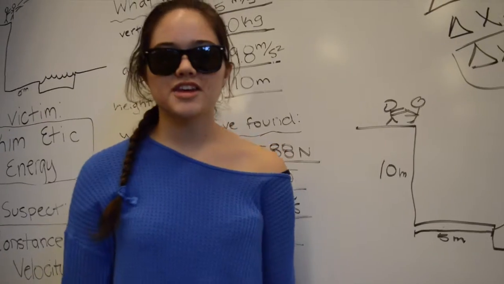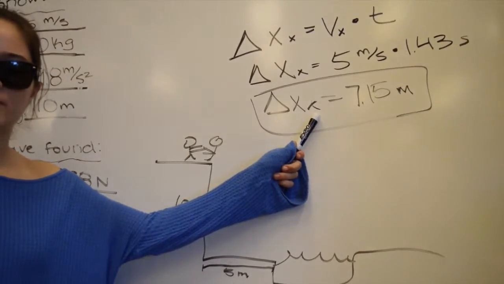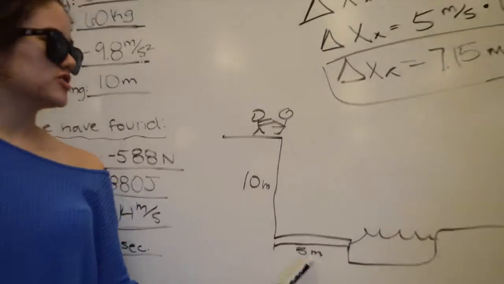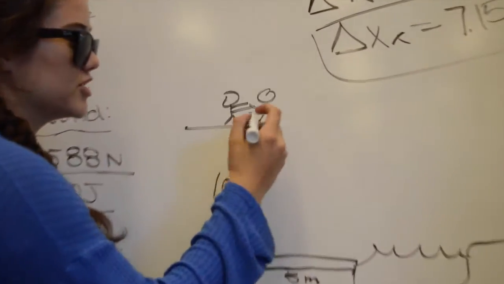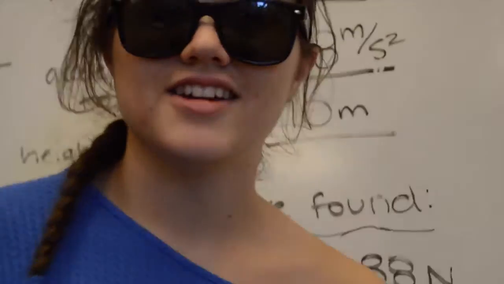From this we know that Kinetic Energy landed 7.15 meters away from the building, and the pool was 5 meters away from the building. So we know Kinetic Energy must have landed in the pool and walked away alive. If she had hit the cement, it would have acted on her just like she acted on it, because, as Newton's third law states, for every force there is an equal and opposite reacting force.